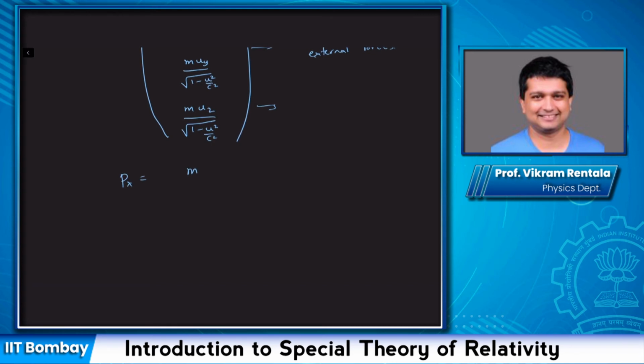This is mux over the square root of 1 minus u squared by c squared. This is conserved. Now, what you see is, in the limit that u is much, much less than c, px is approximately m times ux. So we recover Newton's laws